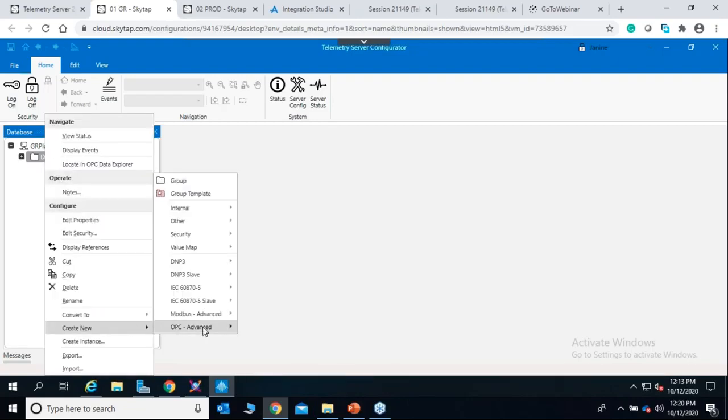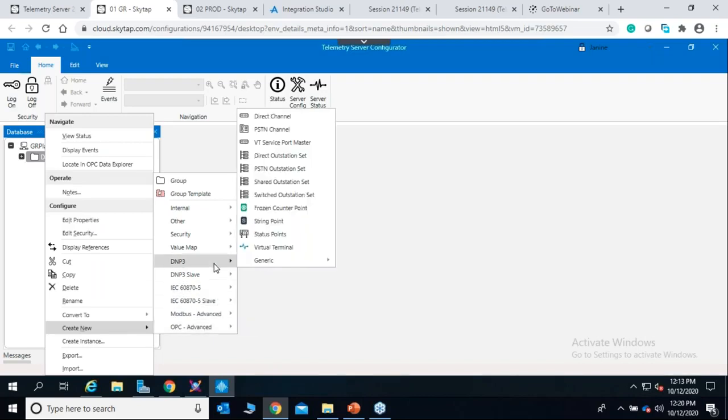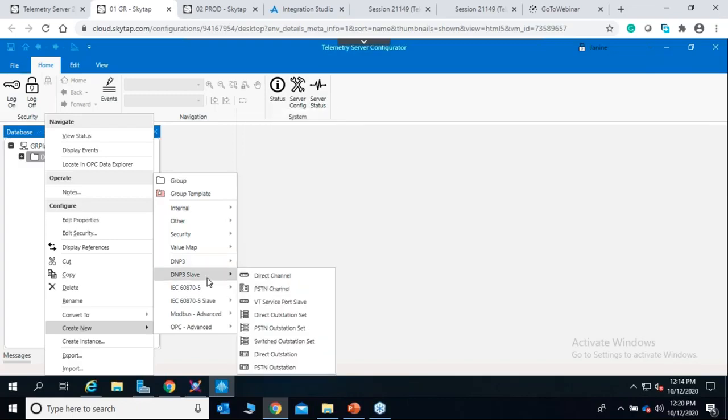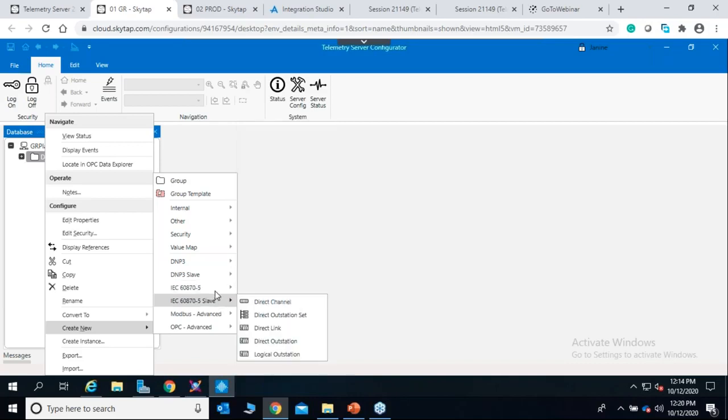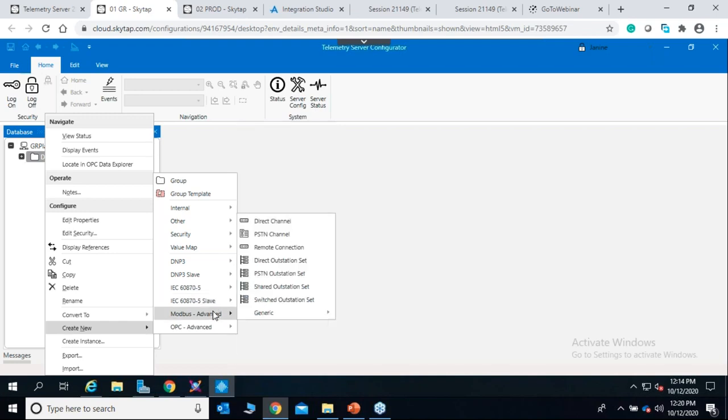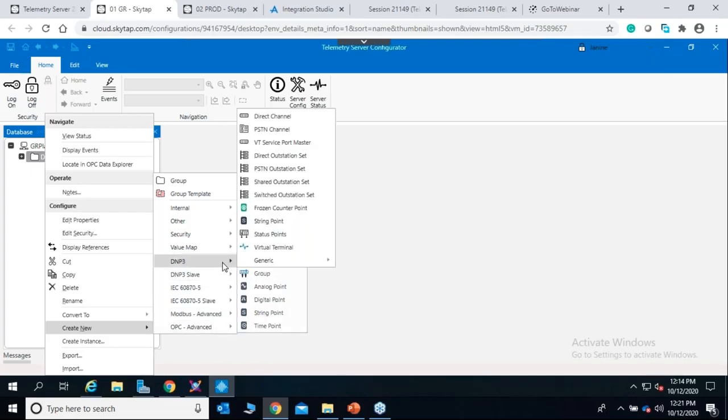The second important item is the channel, as discussed earlier. Basically, you see here, I have several options. I can either create a DNP3 master, I can create a DNP3 slave, I can use the IEC-5 standard, and also this is a master, this is a slave. I can also configure a Modbus connection, and finally using the OPC protocol. So let me go back to the DNP3